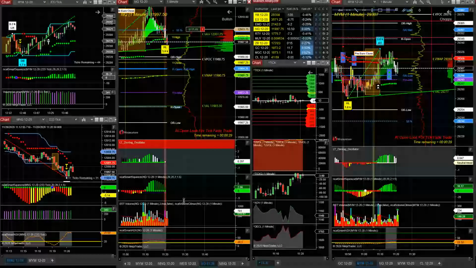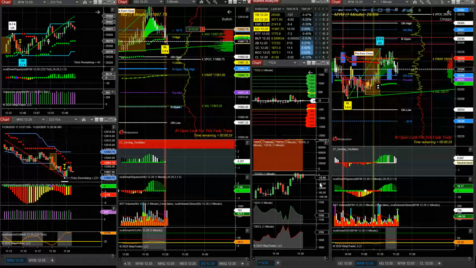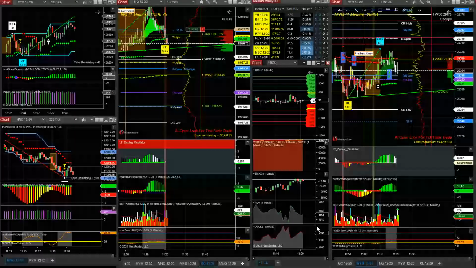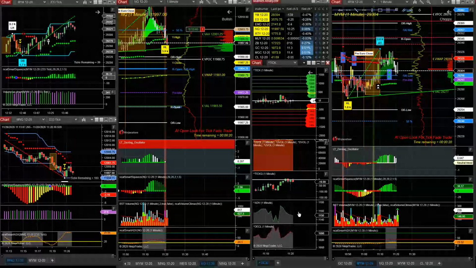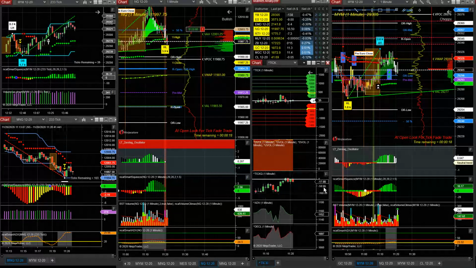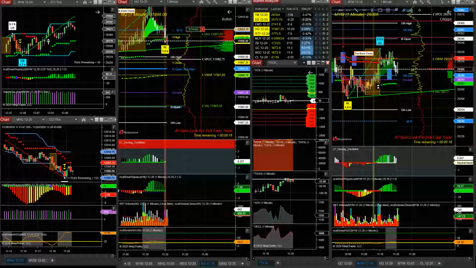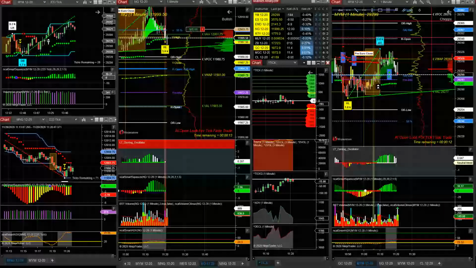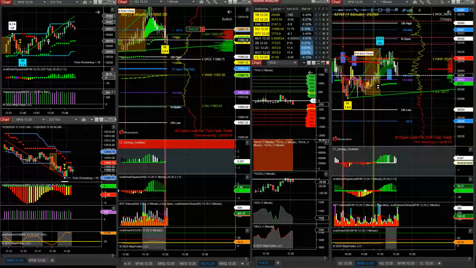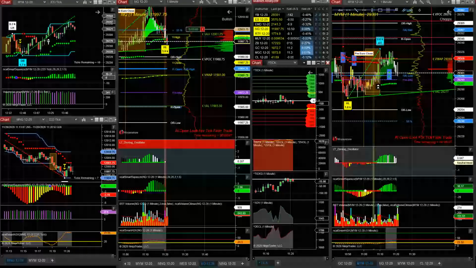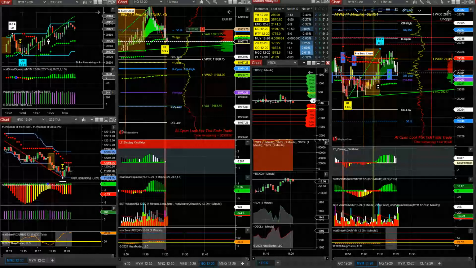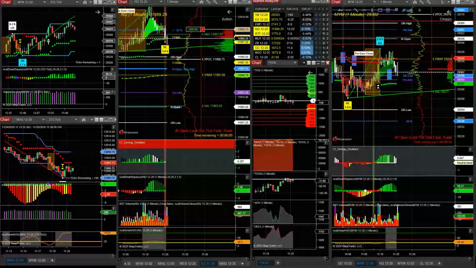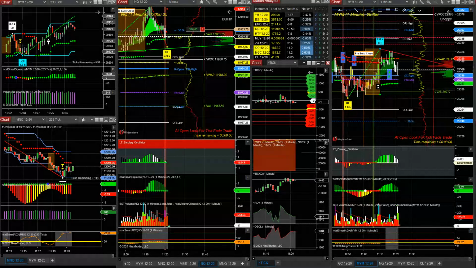What time is it? It's 11:20. We need a flush. See what the tick is doing. Let's see the internals, some help from the internals here. All right, okay, here we go. So if we could come and touch this trend line, that's our goal. If it goes above the value area there, I take the trade off. If we go above 1201, I'm out of the trade. Or we make a couple bucks in it.